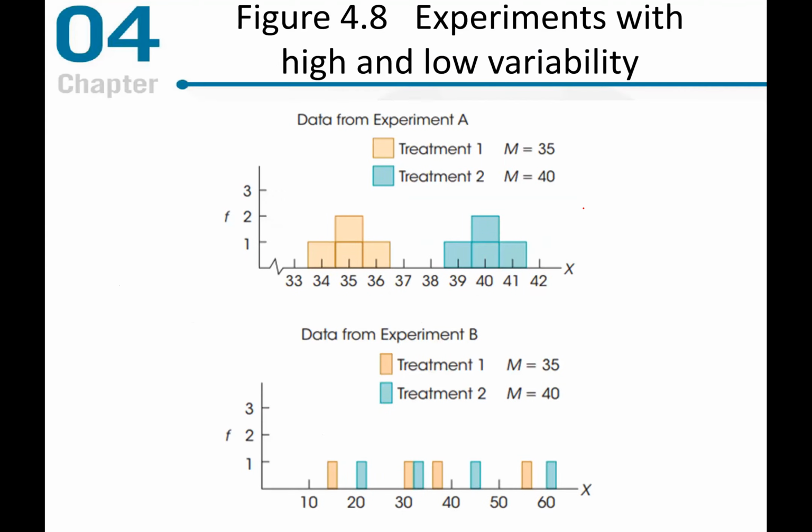So if we graphed experiment A, we can clearly see that there is a 5-point difference between the two. It's very neat, very uniform. We can see that there's a difference between the two treatments. But if we go to experiment B, even though the means are still the same as treatment A, experiment A,